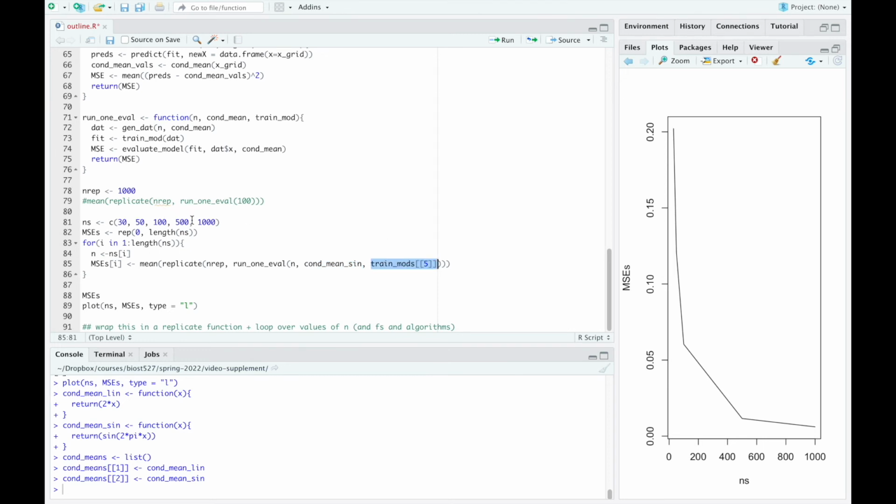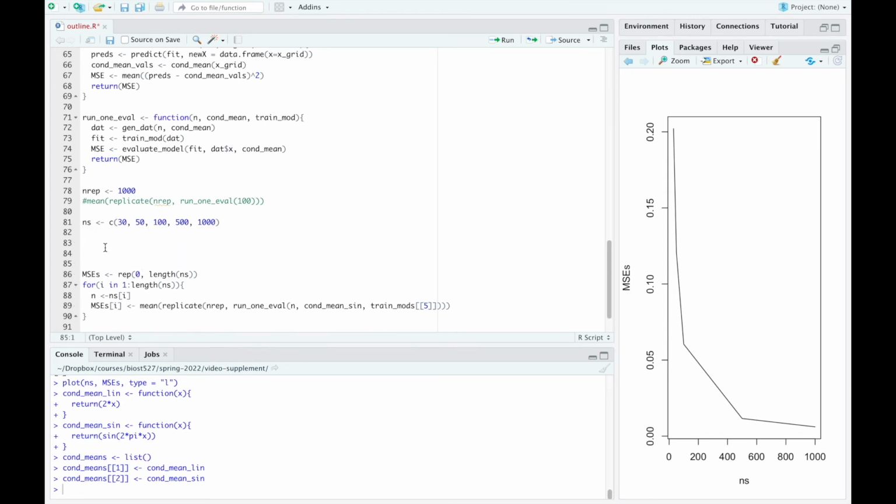And so what we might do instead is we might make a list of mean squared errors and then maybe a 2-dimensional list, and then we could cycle through our conditional means and cycle through our training models, and each time generate data according to the conditional mean, fit according to those various training models, and build out plots like this for each of these different models and each of those different means. So ideally here, to do this, we would wrap this in a function,